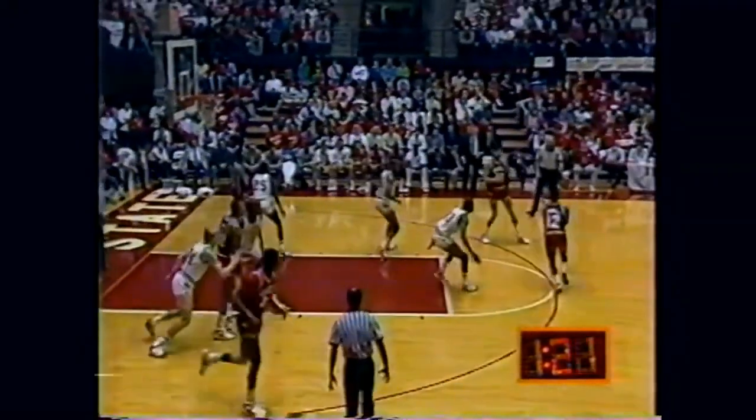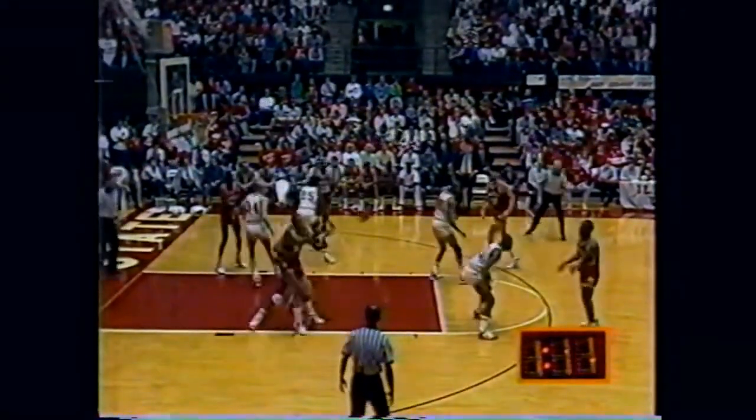Bradley always looks to set that pick up at the top of the free throw circle. You see Mordini easing in there. He'll stay up close. If they can, they'll clear out for Hawkins, but they want to work that time down. A minute 15 on the game clock, 18 on the shot clock. Inside to Greg Jones, and a foul on Derek Sanders,